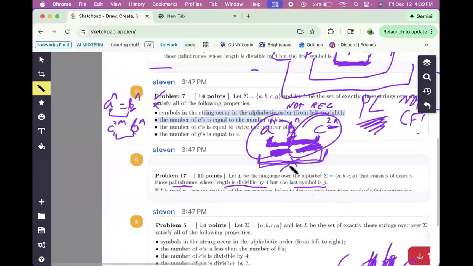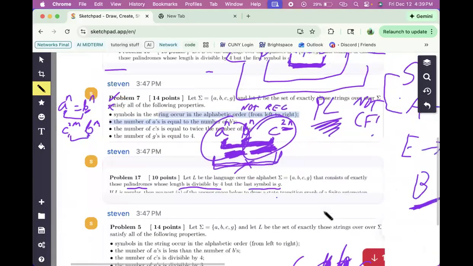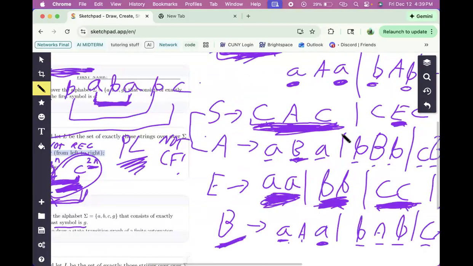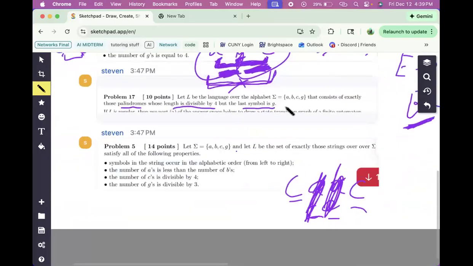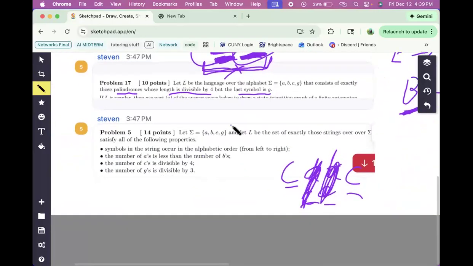Except the only difference is instead of a C, the last symbol is G, so we would literally just replace the CAC with GAC and GEG. Because again, last symbol is G, that means also the first symbol must be G for it to be a palindrome. Same thing. And lastly, this problem here,